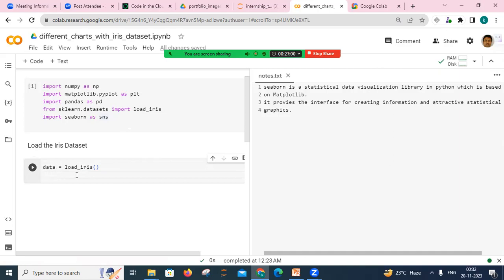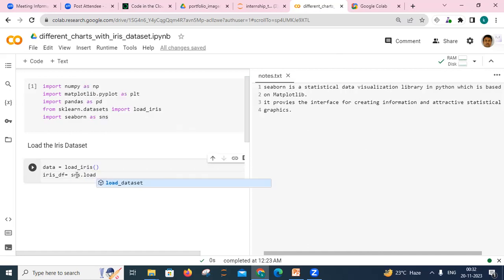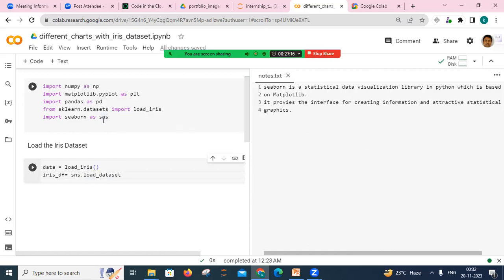Data is equal to load_iris. So everything will be there. And just create one data frame is equal to sns.load_dataset. So on top of sns, I'm going to load my data set, and this data set name obviously will be iris. Okay, just press Ctrl plus Enter,